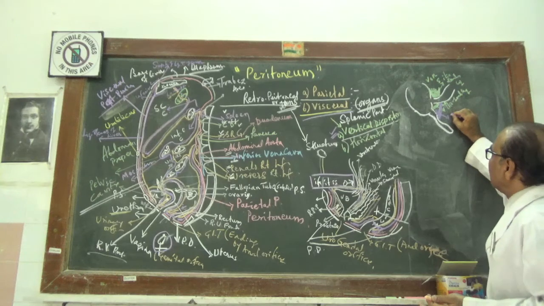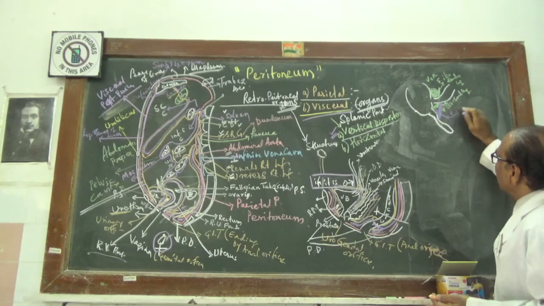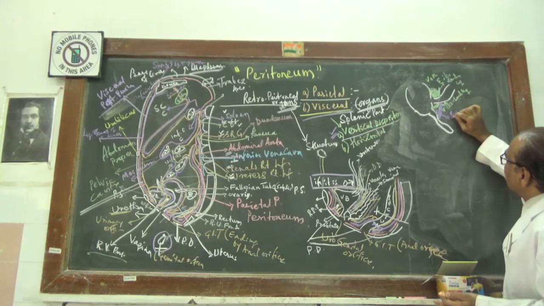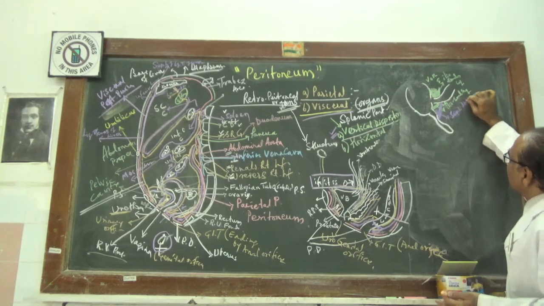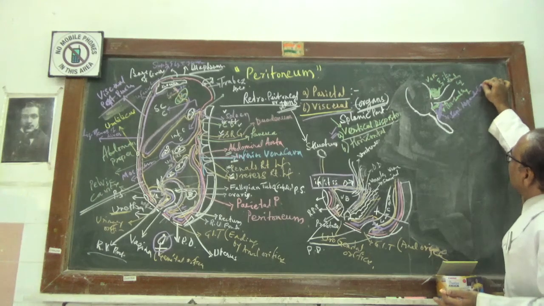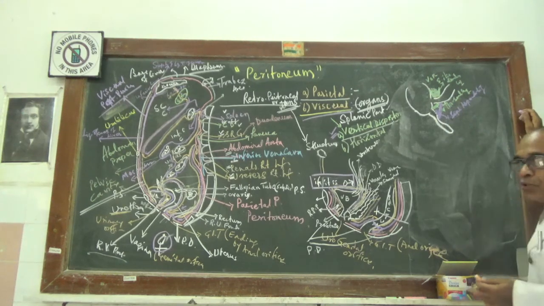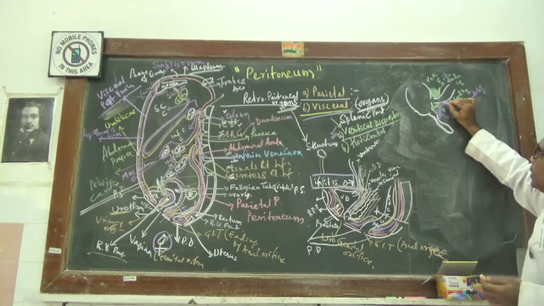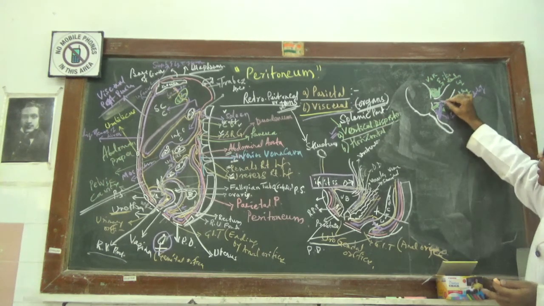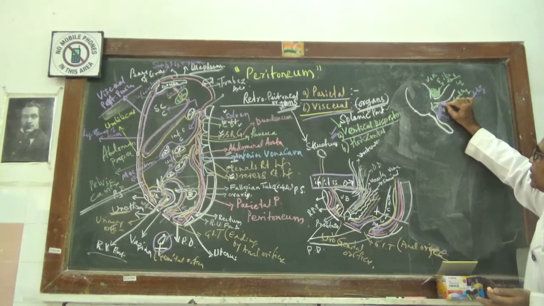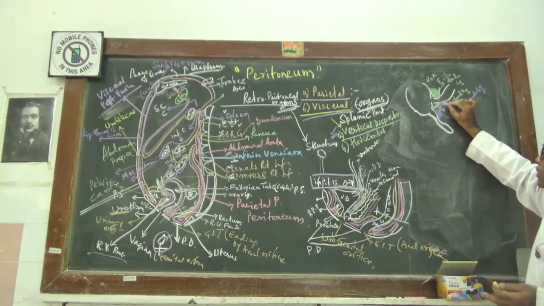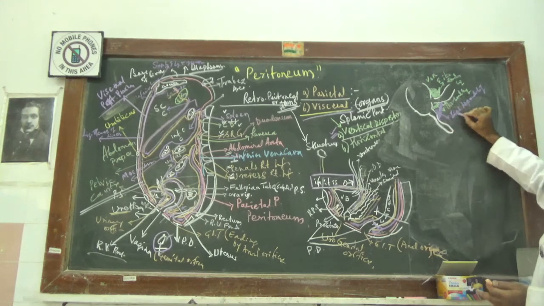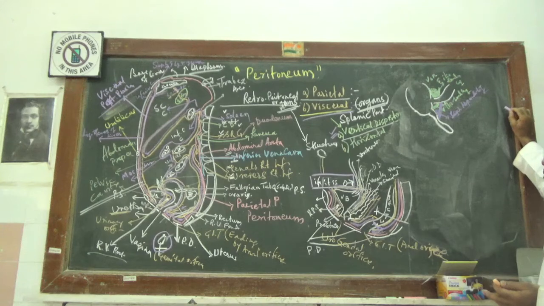Now this is called the ilioappendicular ligament. The ilioappendicular ligament is a fold of the vertical disposition of the visceral layer of the peritoneum, which runs from the inferior surface of the terminal part of the ileum after covering the mesentery, the anterior part, the upper part and the lower part, and it runs towards the upper medial part of the appendix. This is called the ilioappendicular ligament.